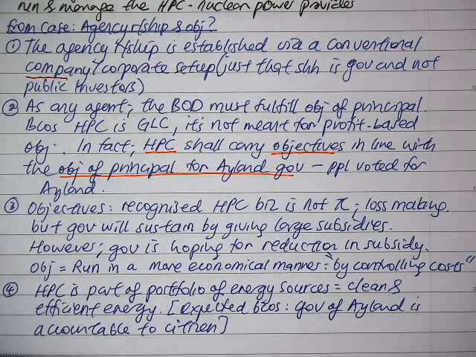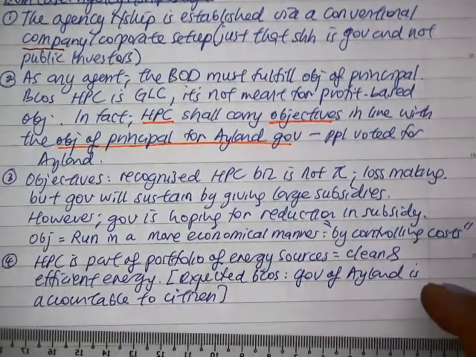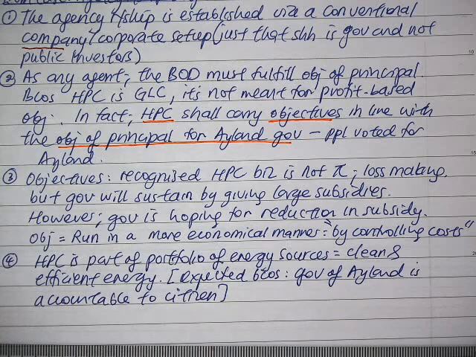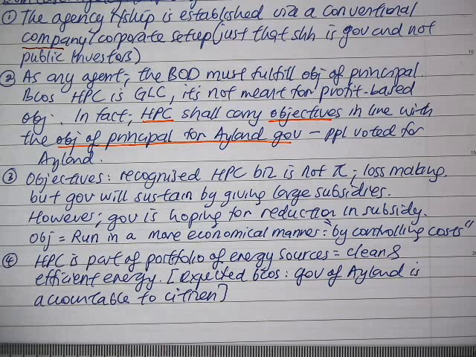Now all that is the agency relationship. So the objective is not about profit. The objective is about how to blend into the portfolio, how to make sure that you control the cost. So it's more on that part. Okay? Now, so they ask you, like,